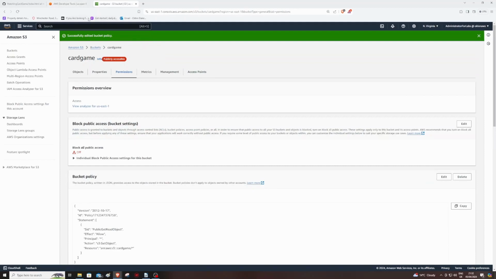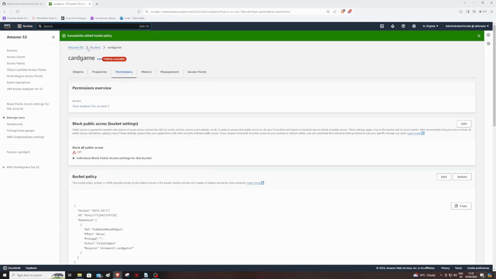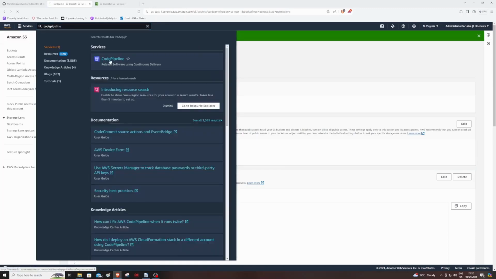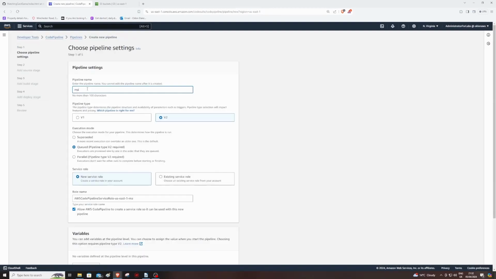Perfect. Next is setting up the code pipeline that is going to orchestrate getting the code from GitHub and pushing it through to the S3 bucket. Services, if you've used it previously, you should be able to find it in recently visited. But we could type it in here for ease. Go over to create pipeline. Give the pipeline a name. Card